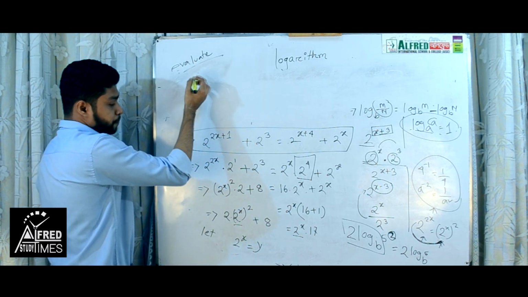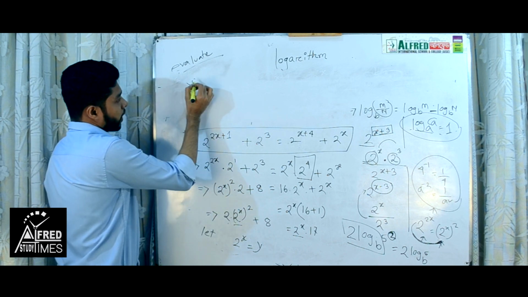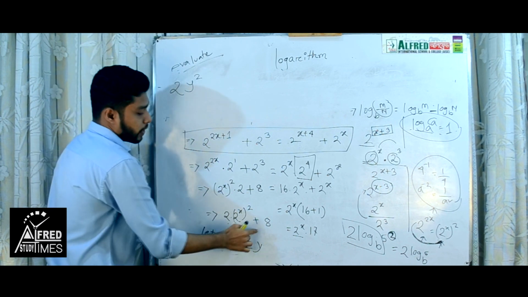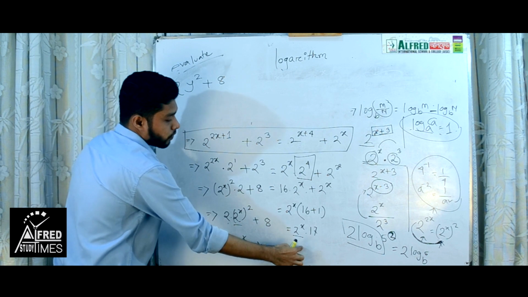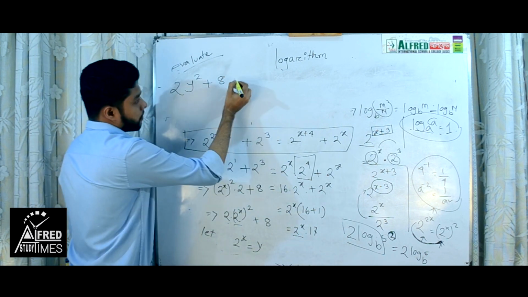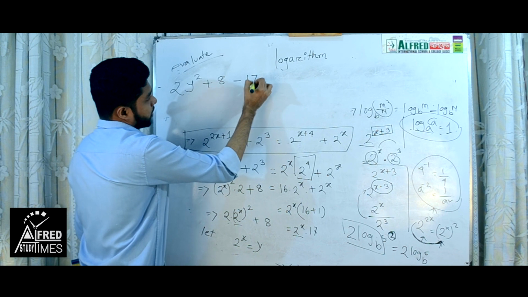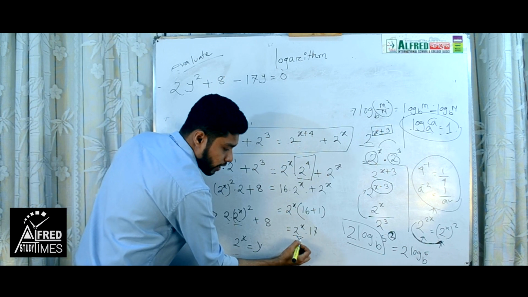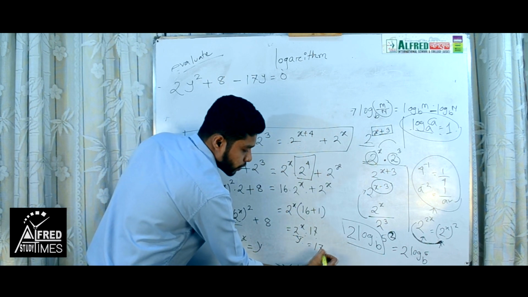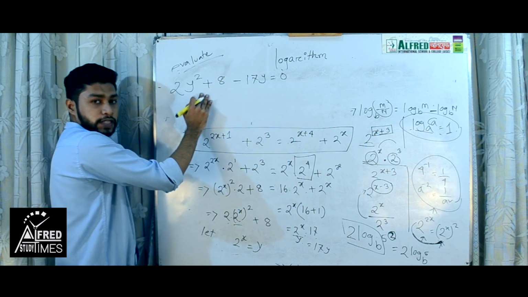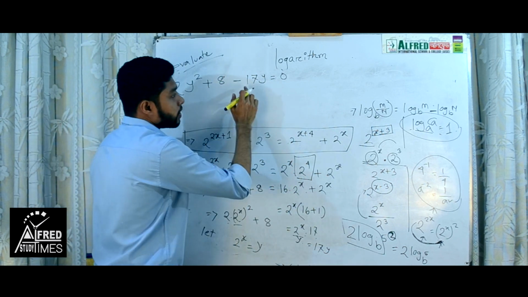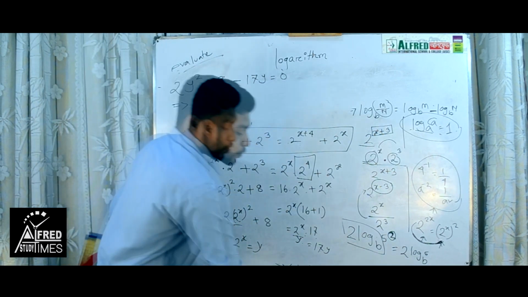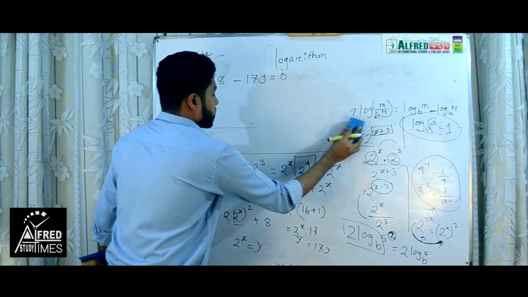Here you can write y square, you can see here y square into 2, that means 2y square plus 8, and here will be minus 17y is equal to 0. You can write it because this is my y and is multiplied, both are 17y. So 17y we take to the left side, it will change its form, positive to negative. Then we can write, there is my middle term, so we can write it as the middle term.